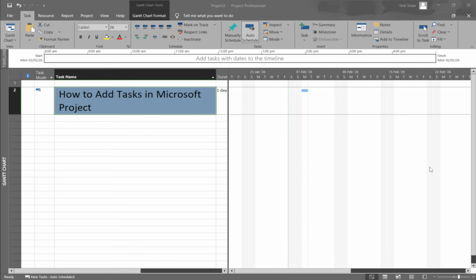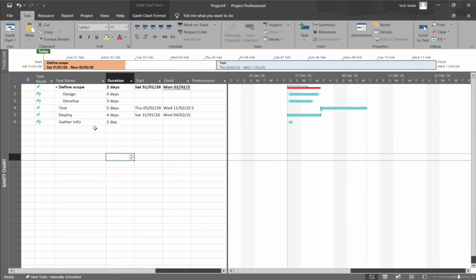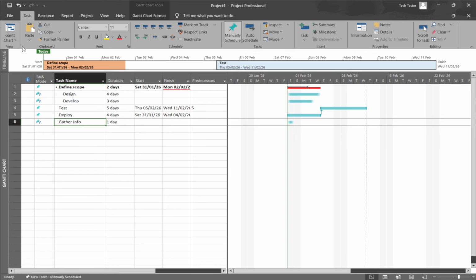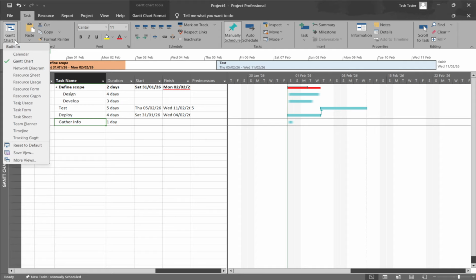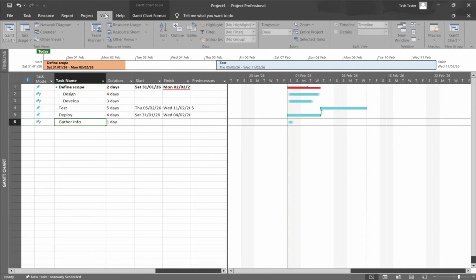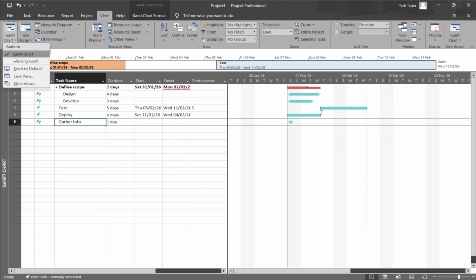Begin by opening your project in Microsoft Project Desktop and make sure you're looking at the Gantt chart view. You can confirm that by going to the View tab and choosing Gantt chart. This view shows a task list on the left and a timeline on the right, which makes it easy to